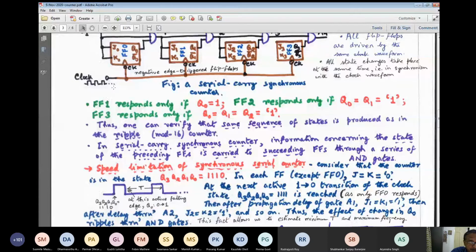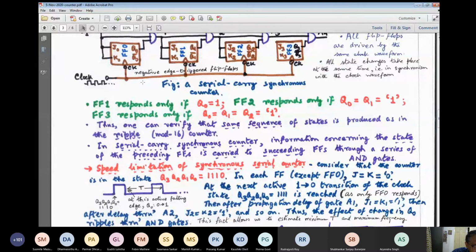With a synchronous system, and even for an asynchronous system, we have seen that the clock frequency gets decided by the flip-flop propagation delay. So here, if we consider that at any point of time all the Qs are in logic 1 state but for the leftmost flip-flop, that means 1, 1, 1, 0. Okay. So now assume that this is 1.